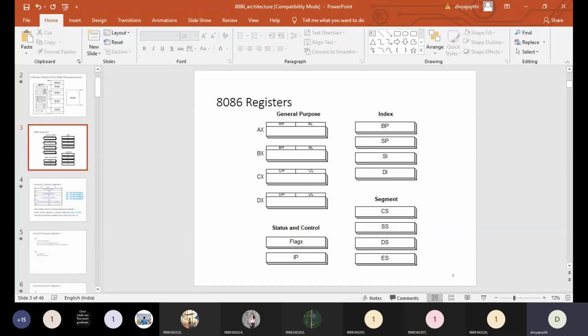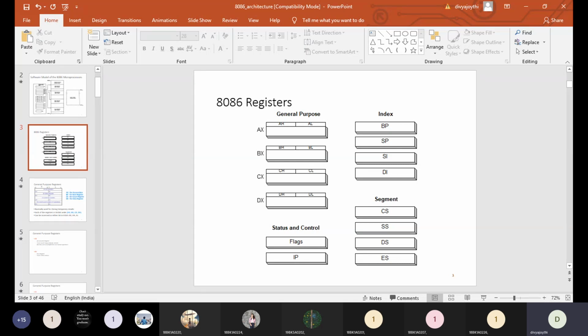These general purpose registers are freely available for the end user or the program. Freely available does not mean that the remaining registers take some amount from the end user. The end user is nothing but we, who are dealing with the 8086 microprocessor and want to write programs in assembly language. We can make use of these four registers at any time while writing the program.